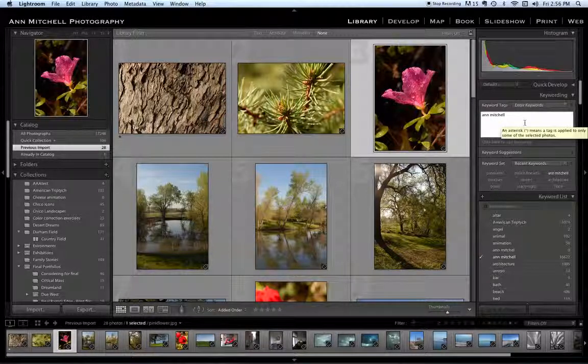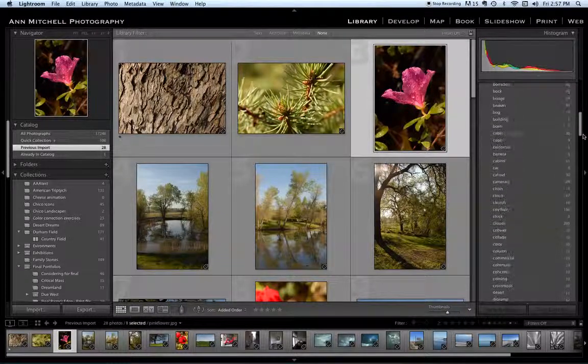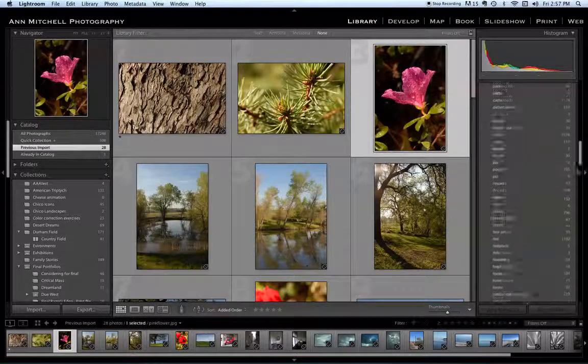To add in a keyword, just simply click into that box, a comma between each, and then I could go in and enter it. So each keyword is divided by a comma. You can have spaces, but then that would be word with a space and the other word, and then a comma. And so that first set then becomes a new keyword. Your last keywords used are right below this, and as we scroll down, here's the keyword list so that you can actually click on this. It'll bring you up all the images that have that keyword.